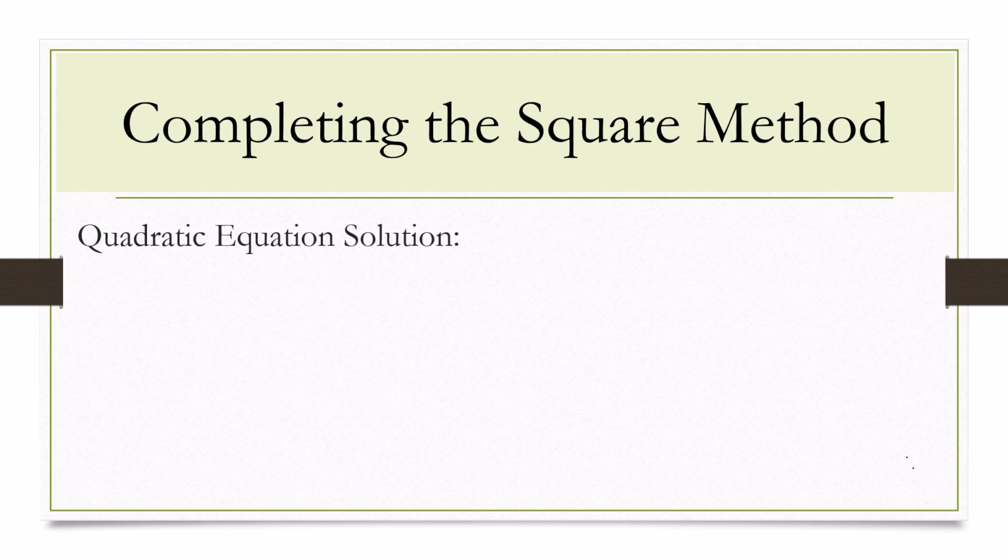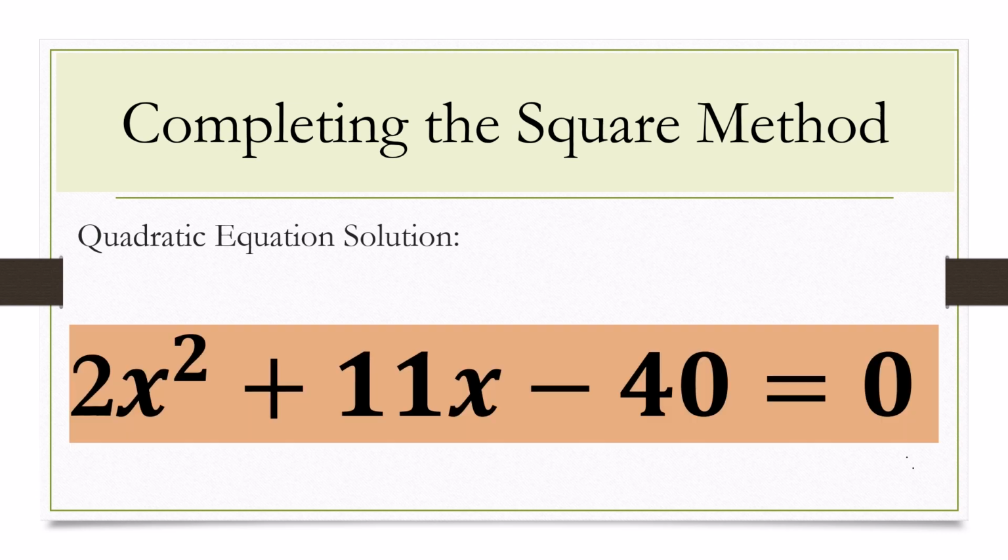Quadratic equation solution. This is a typical quadratic equation problem which says 2x squared plus 11x minus 40 equals 0. However, before we go to solve this problem,